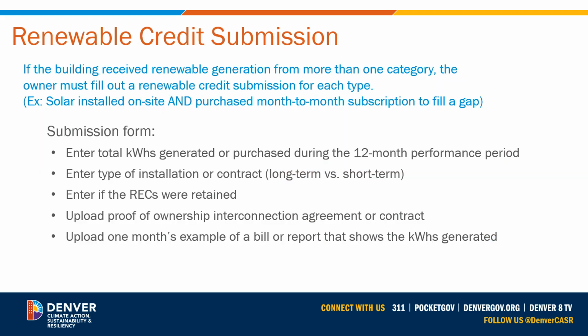To report renewable power generation, go to the Find a Form page or the Renewable Credit page on the Energize Denver Hub website to find the Renewable Credit Submission form. The Renewable Credit Submission will require some work ahead of time to pull the necessary information together. The submission form will ask for the type of installation or contract you're reporting, whether or not the RECs were retained, the maximum capacity of the solar panels if it's an on-site installation, and the total kilowatt hours generated for